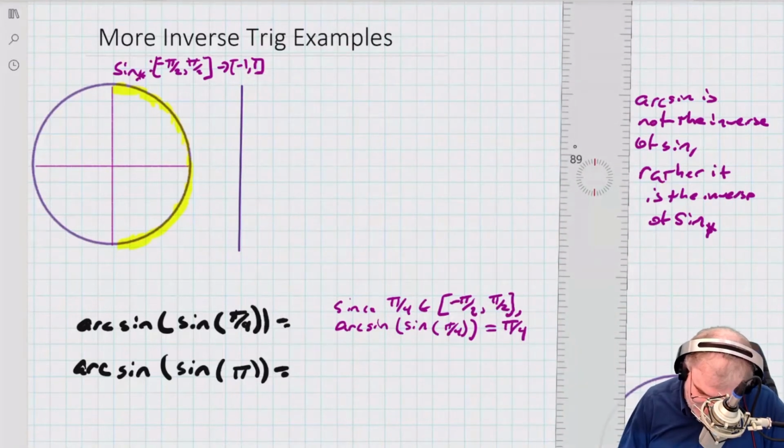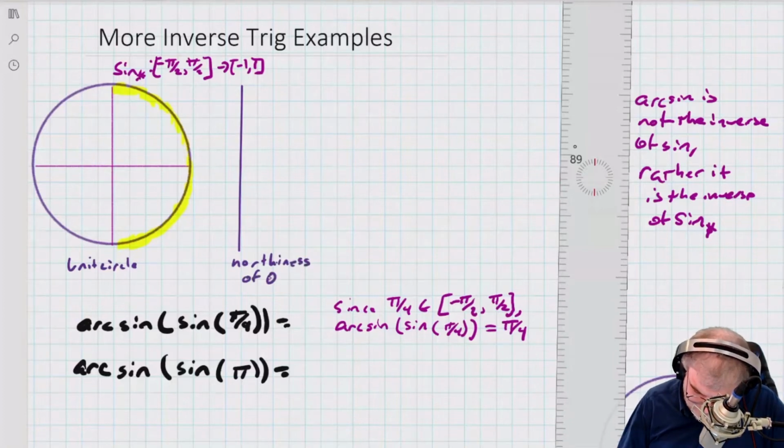So this is the unit circle. And this is the northiness of theta. Okay? So if theta is here,